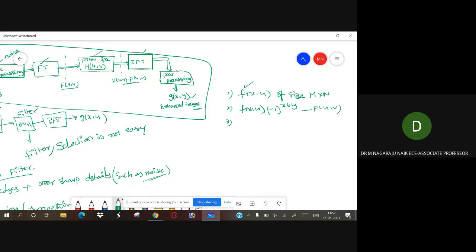Then this F of u comma v is multiplied with H of u comma v. Then the fourth step, apply the inverse Fourier transform, and then finally g of x comma y, the enhanced image.